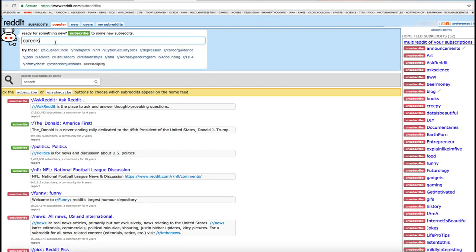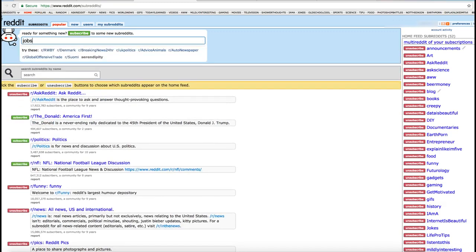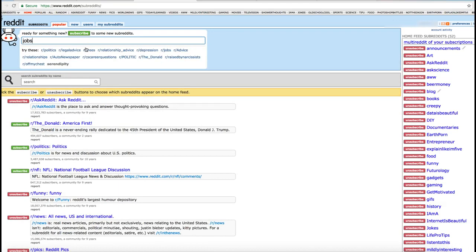Now, when you do that, you would see that there are options that start appearing below this search box. So you can check out this, for example, cybersecurity jobs. Now, this definitely is going to be one of our candidates. You can check out this subreddit. Let me go ahead and open this, and you can actually try and post jobs in here. Or maybe you can type in here jobs. As simple as that. Now, when you do that, you would see relationship advice, which probably is about Donald Trump. We don't need that. Now, this is the one that we are looking for.